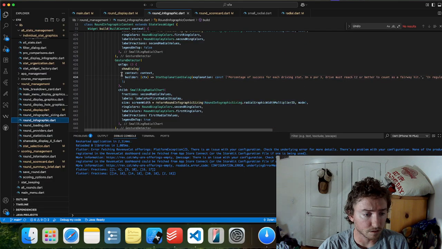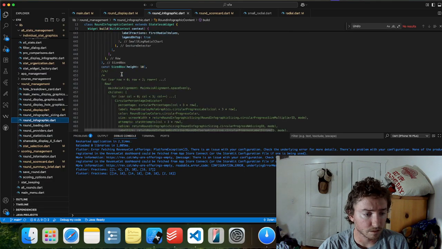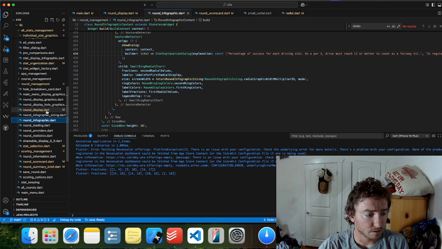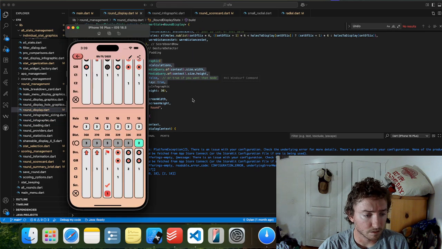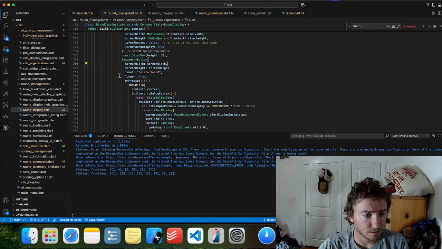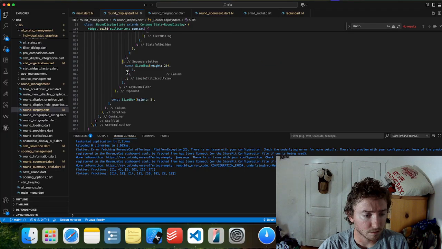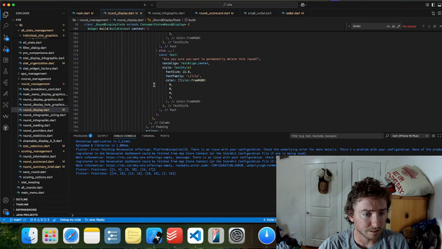That's the small ring. Okay, so yeah, not the infographic. And then delete round.